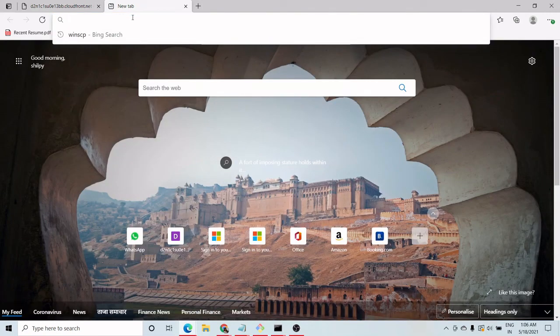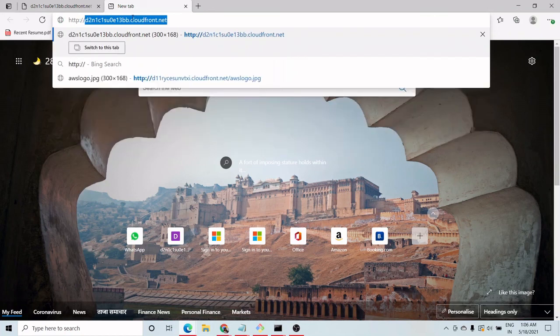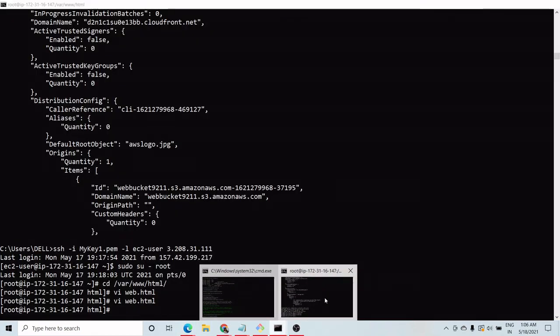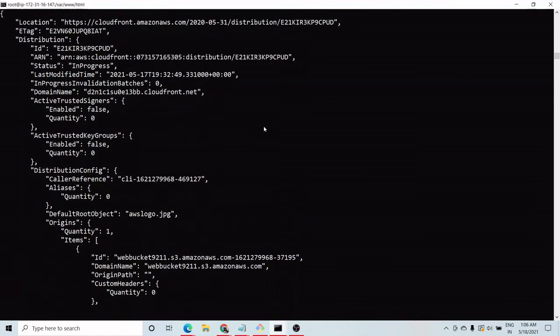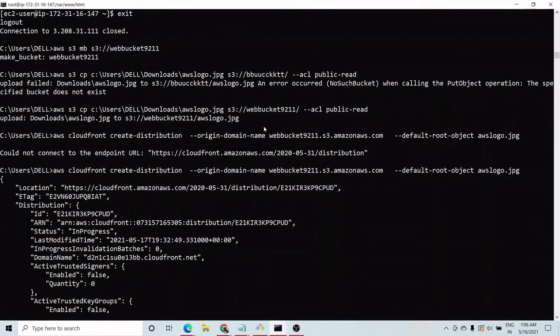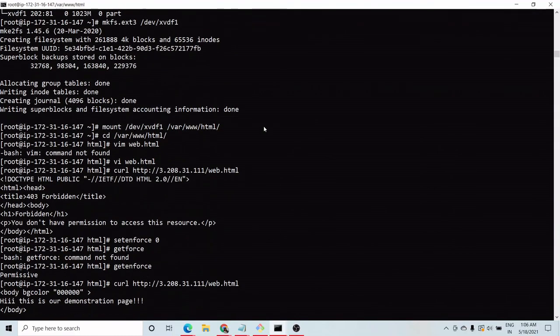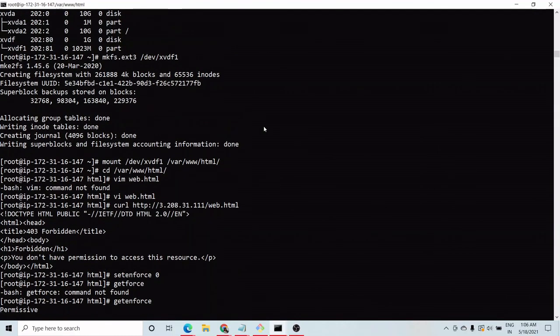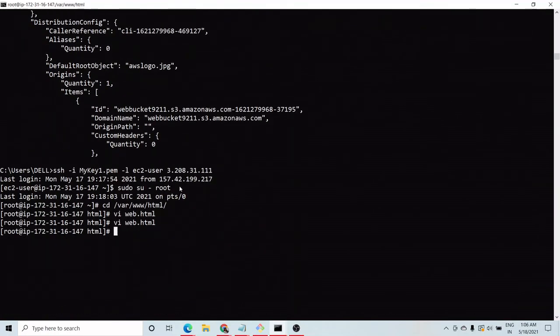Now I want to see whether my web page on my IP is showing the same or not. HTTP this. Sorry, but again I forgot my public IP. So let me check what my public IP is. I must have done SSH here itself. Yeah, this is my public IP.